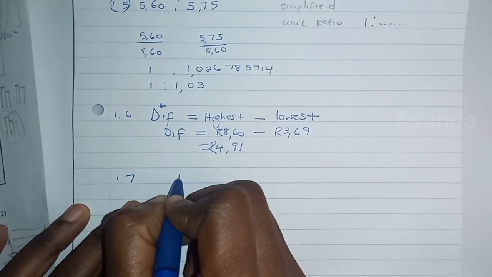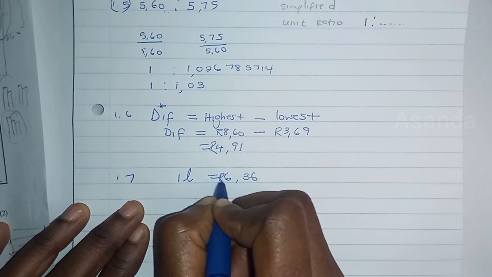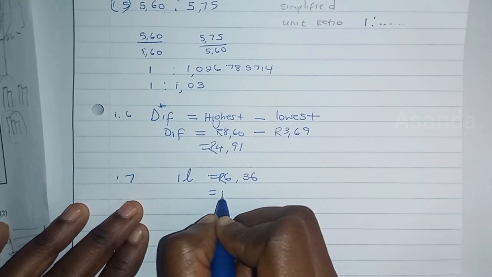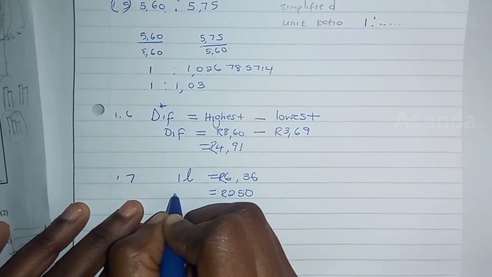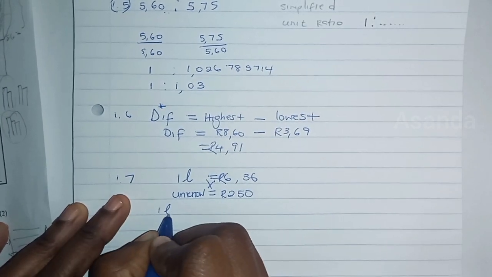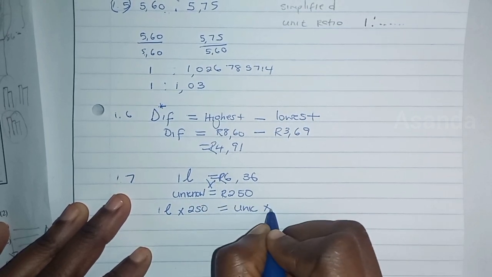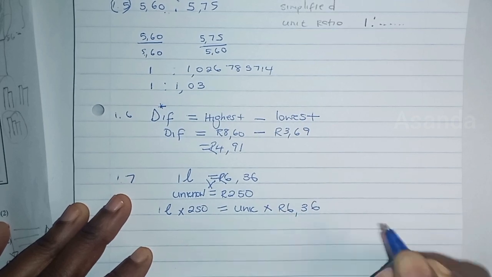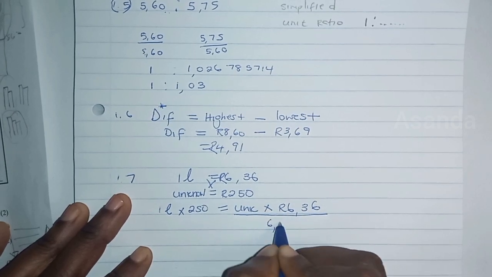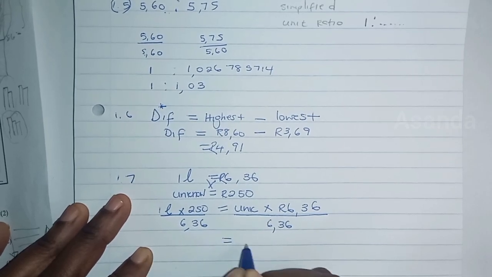In September, 1 liter is equal to 6.36 rand. This I know. But I don't have 6.36 rand. I have 250 rand, but I do not know how many liters that is, and I just cross multiply, right? So 1 liter multiplied by 250 is equal to unknown multiplied by 6.36 rand. Where's my unknown? There. Multiplying, so I'm going to do the opposite of multiply and divide this one by 6.36, and then come this side and divide this by 6.36. Therefore, my unknown